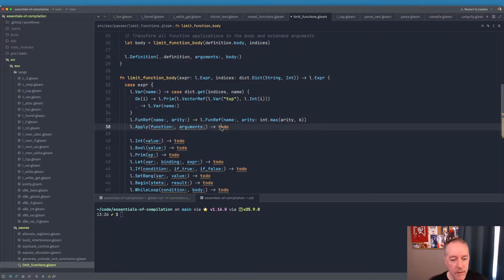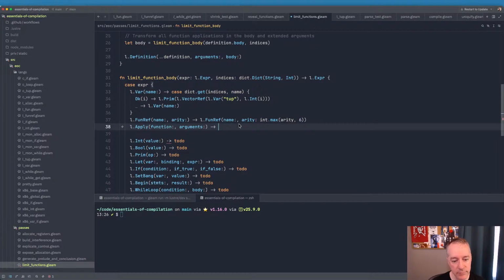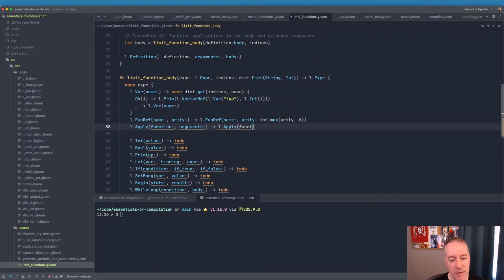Easy enough. Okay, now apply. We don't really need to change the function because we haven't made that atomic. This is a full expression. But what we do need to do is change this into the vector bit. I think that this is going to be simple. So we will do lapply function, and then